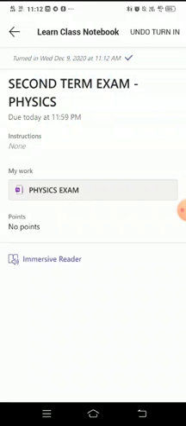This shows that you have uploaded your answer sheet successfully. Now one more thing. Suppose by mistake you have uploaded the wrong answer sheet. You had a physics exam and by mistake you might have uploaded your chemistry answer sheet instead of the physics answer sheet. Again, don't worry about it, don't panic. You have an option on the top where you chose that turn in option.